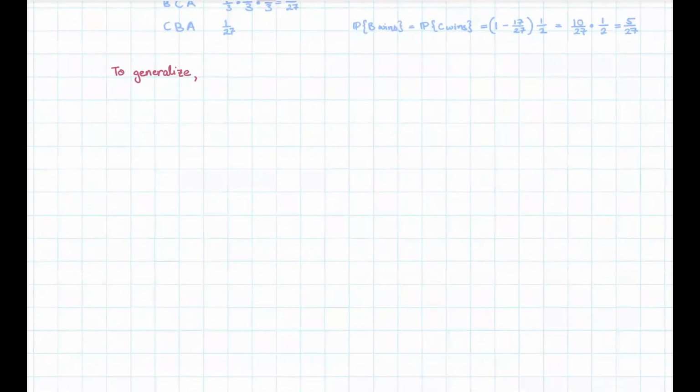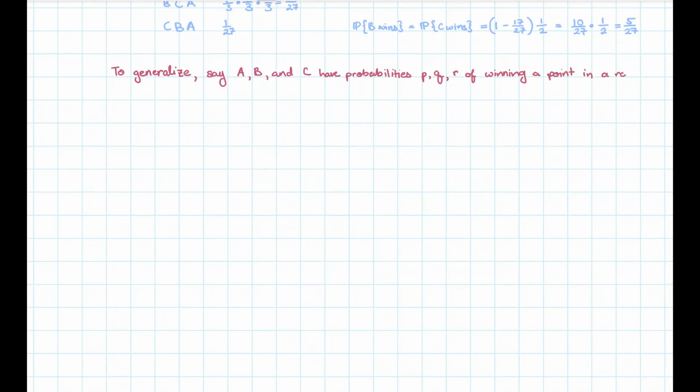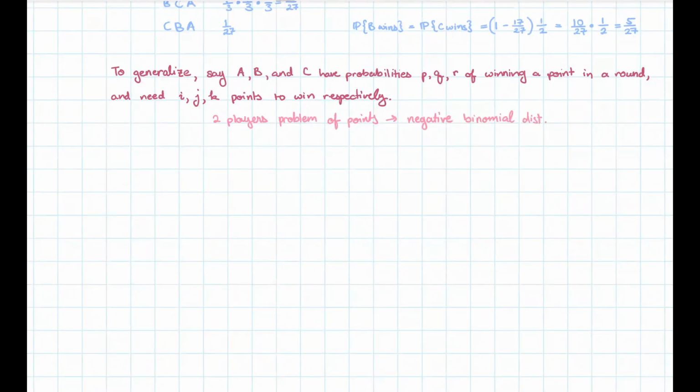To generalize, let's say players A, B, and C have probabilities P, Q, and R of winning a round and need I, J, and K points to win the game. Recall that when we had 2 players, we could use the negative binomial distribution to find the probability of one player winning the game. So when there are more than 2 players, we can use